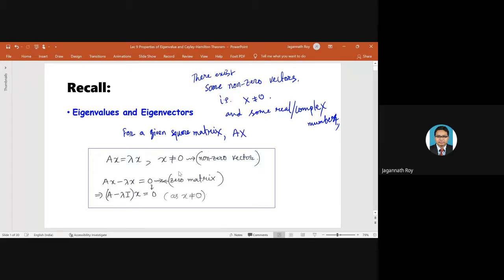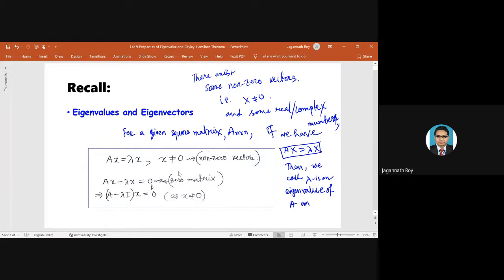For a given square matrix A, n by n, if we have Ax equals lambda x, this equation satisfied, then we call lambda an eigenvalue of A